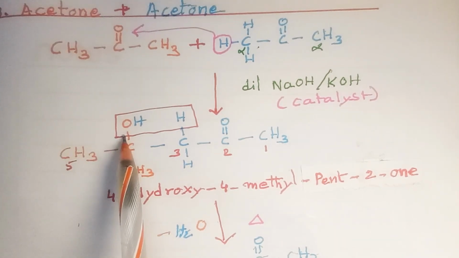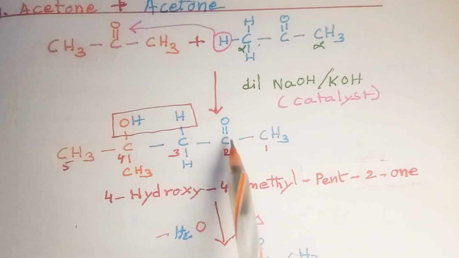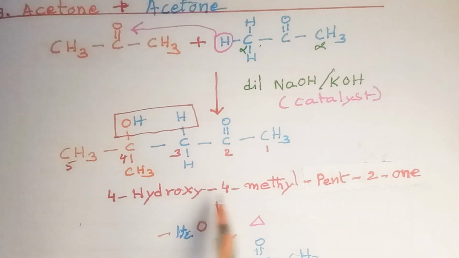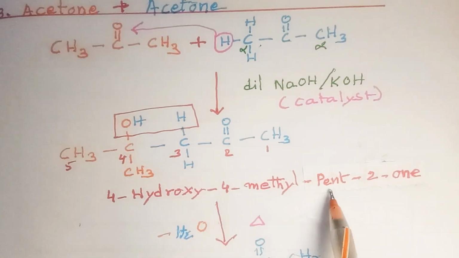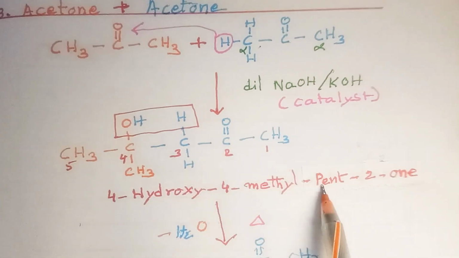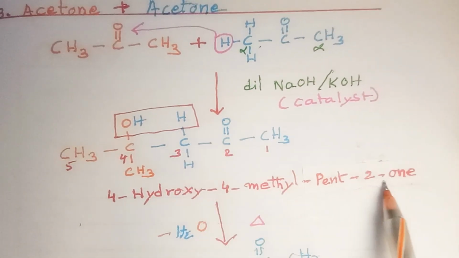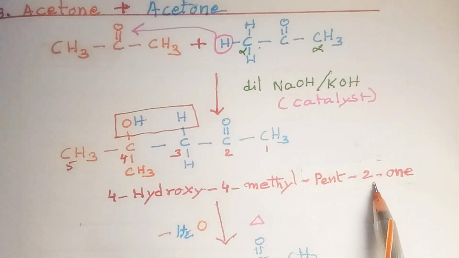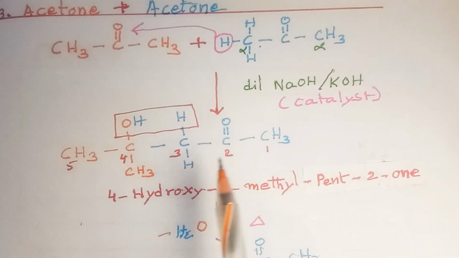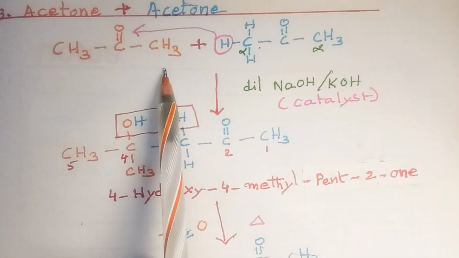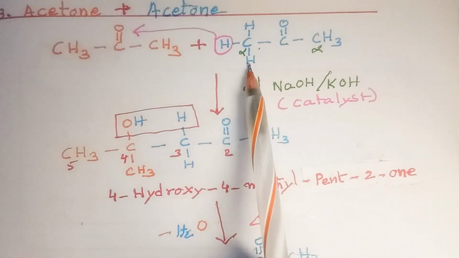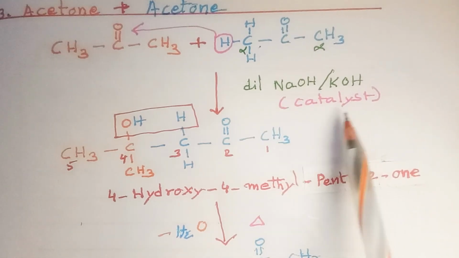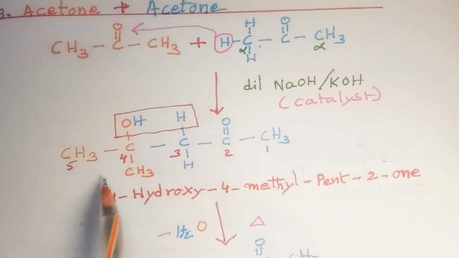a hydroxyl group on the fourth carbon atom and a ketone group on the second carbon atom. So it is called 4-hydroxy-4-methyl. Since there are 5 carbon atoms, it is pent-2-one because the keto group is present on the second carbon atom. So this is the product we get when acetone reacts with another acetone molecule in the presence of dilute alkali acting as a catalyst. This is the aldol